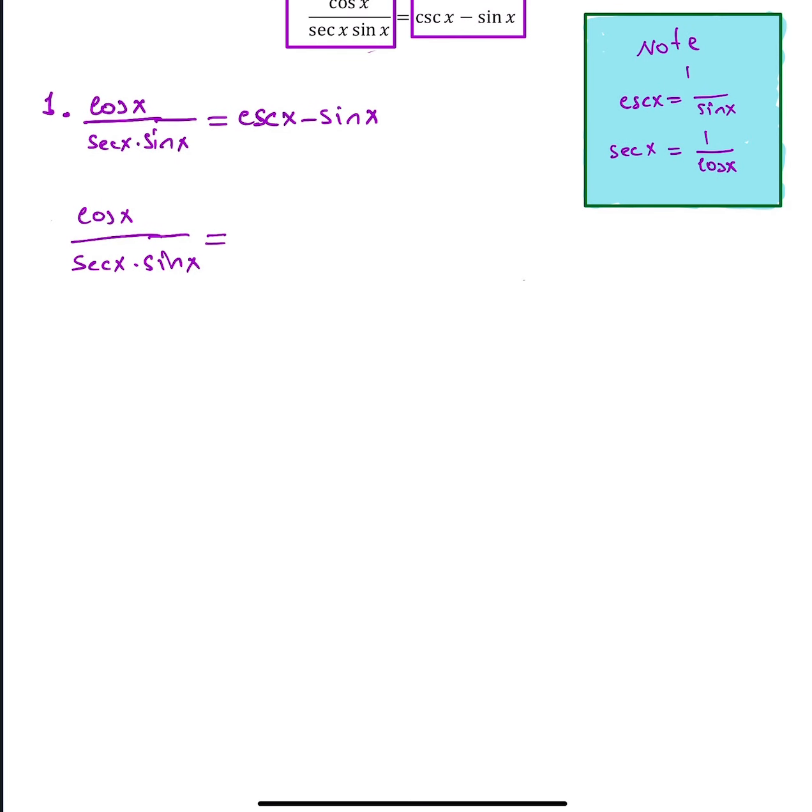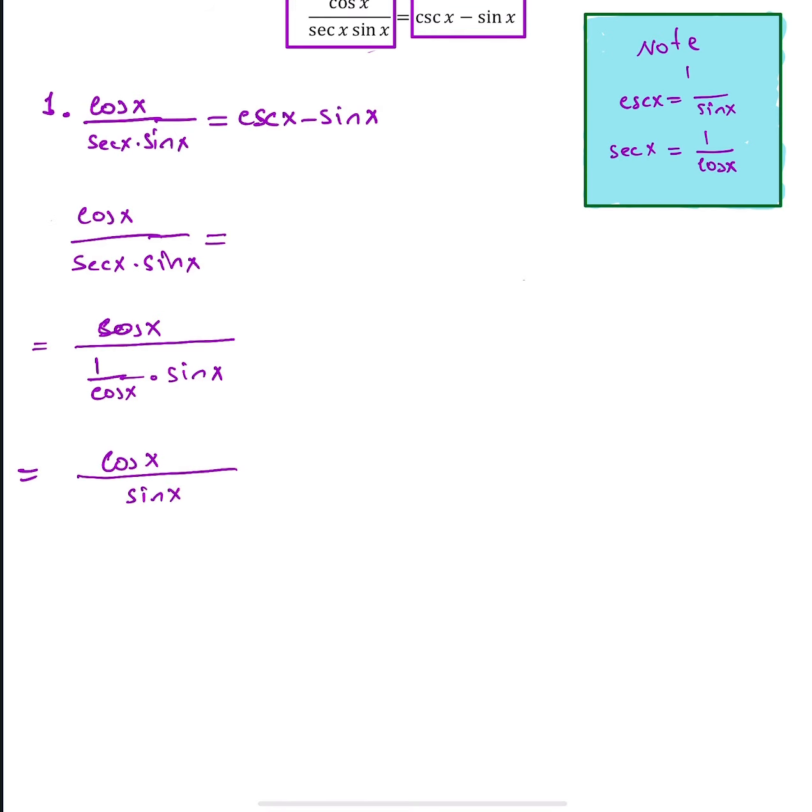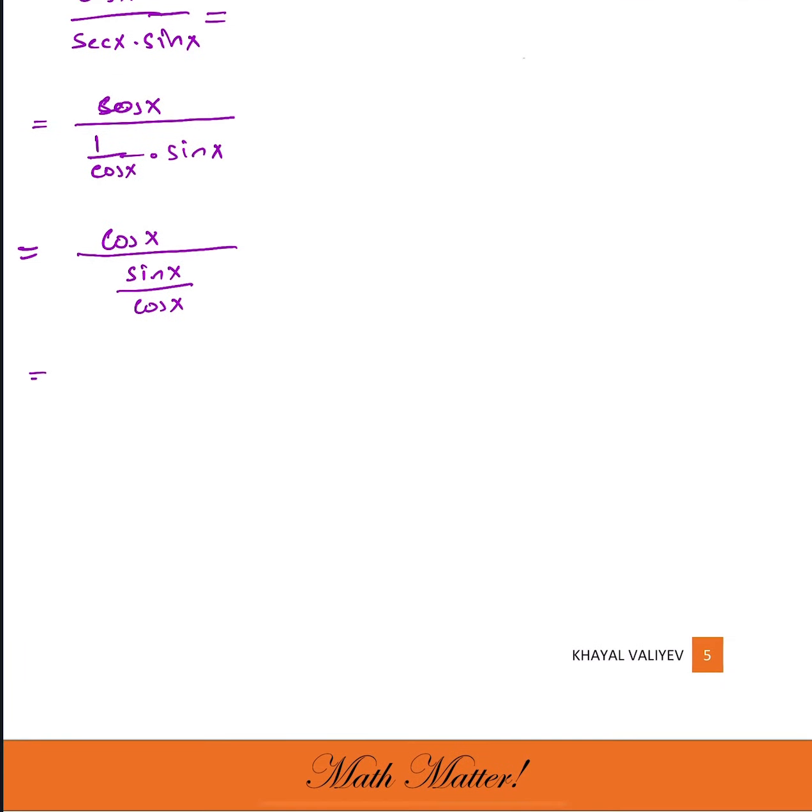We are going to have the cosine x on the top, but instead of secant I will write 1 over cosine x multiplied by sine x, which is going to give me cosine x over sine x over cosine x, right? So this actually means we are dividing cosine x by sine x divided by cosine x, which means it turns out like